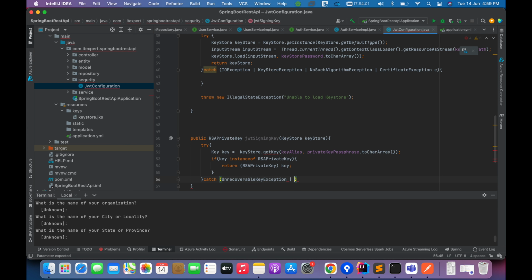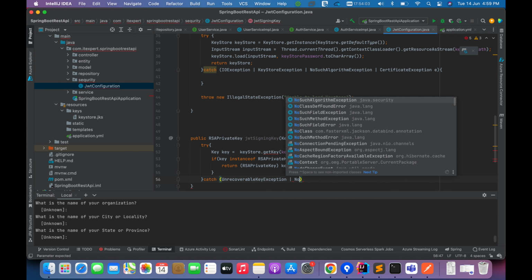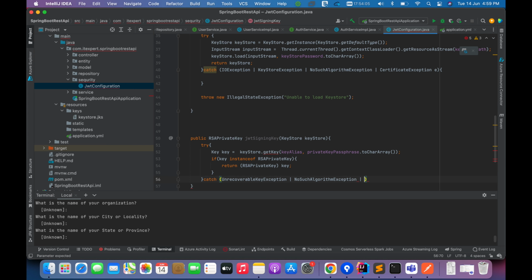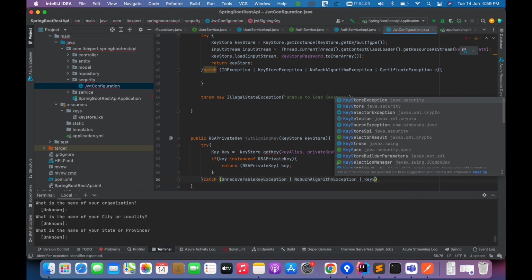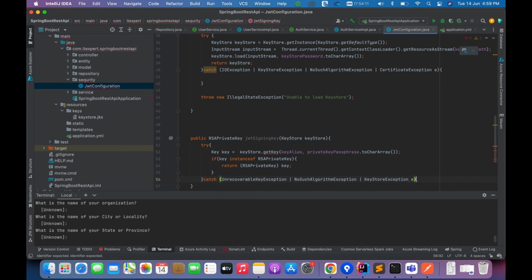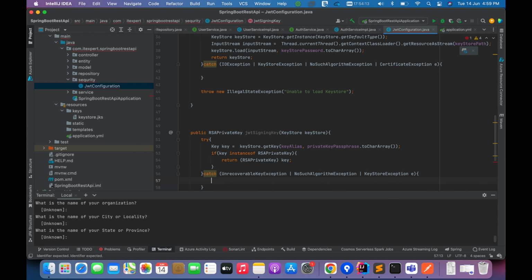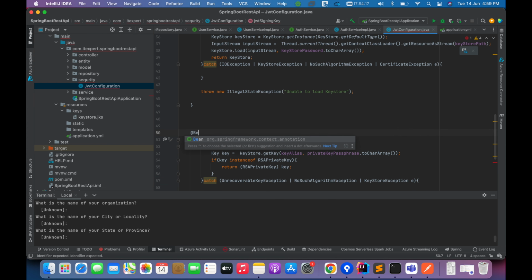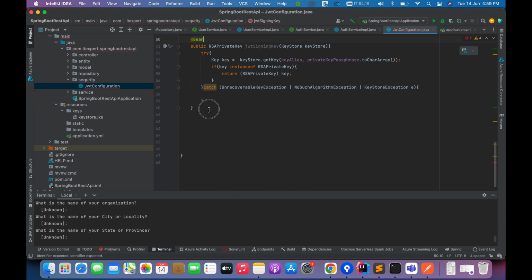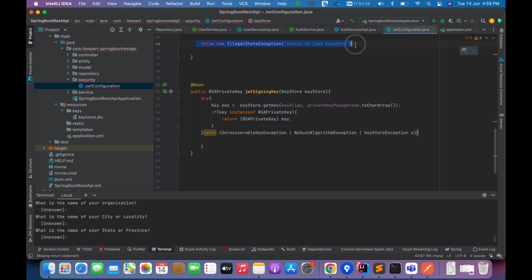Enable key exception. The second one is the no such algorithm exception, and the third one is the key store exception. And I'm not writing any error. Again, let me mark this one also as B. The third one, otherwise I will return here the same, I think through new unable to load. Here I will write unable to